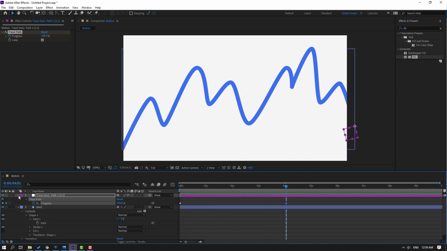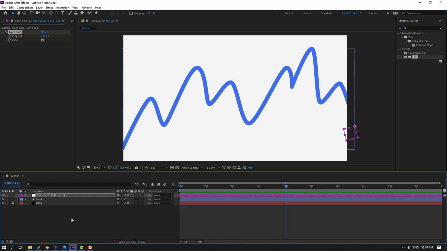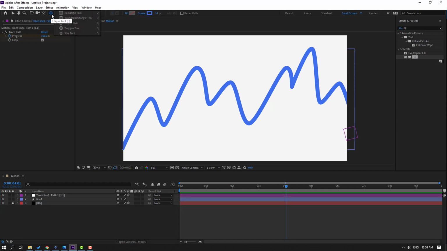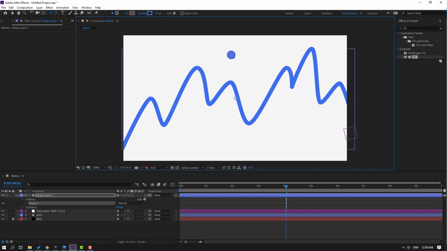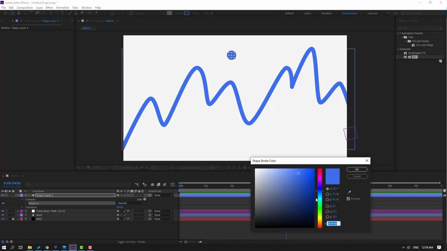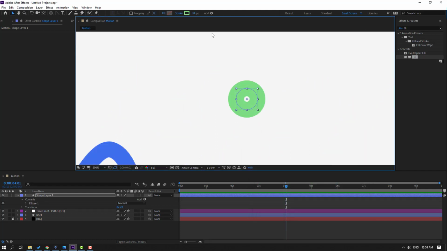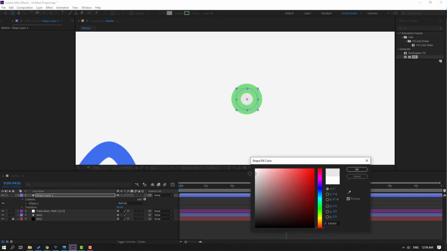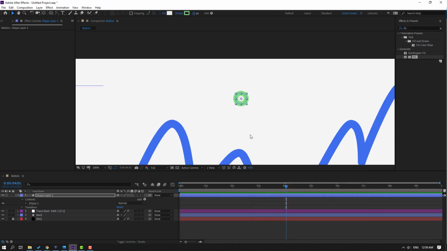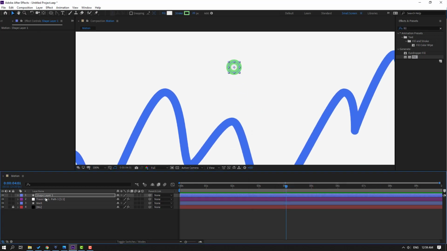So in this time let's close these settings and go to shape layers. Let's select this ellipse tool and hold shift, make one ellipse. Click selection tool and go to stroke width, change stroke flat green color and click OK. Let's change stroke width and open fill, change fill color like this. Click OK and let's change name